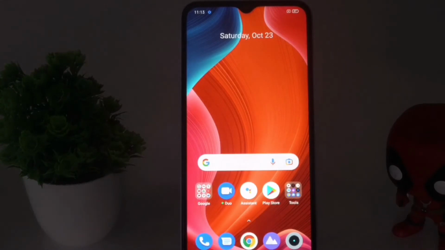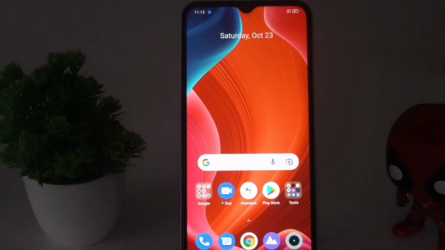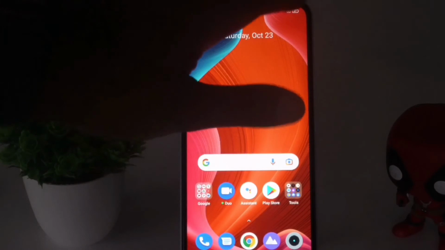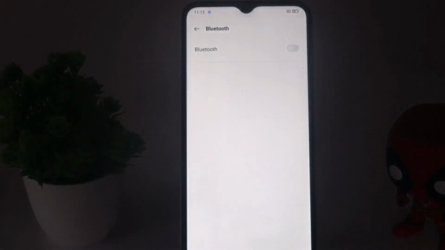Moving on to the next solution, make sure the problem is not caused by any glitch associated with the Bluetooth antenna. As I said, sometimes a software issue can cause the problem, and sometimes a hardware issue can cause it. So you have to make sure there are no issues happening to the Bluetooth antenna, which is very important. You just have to take care of that part too.